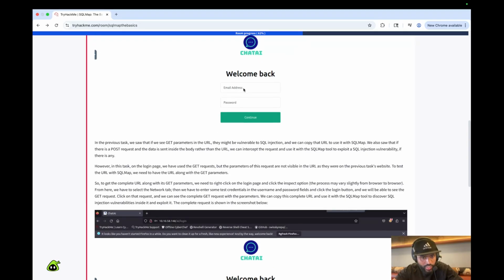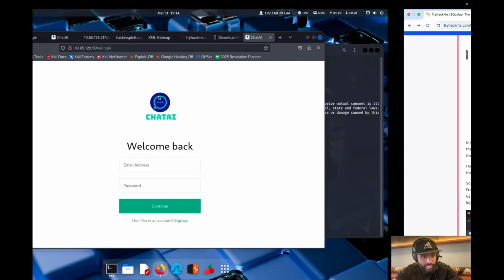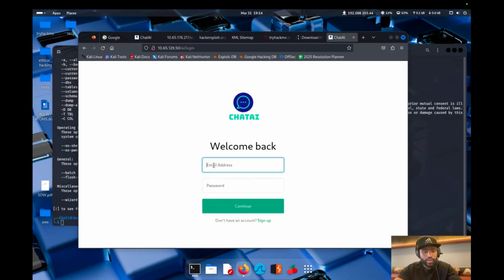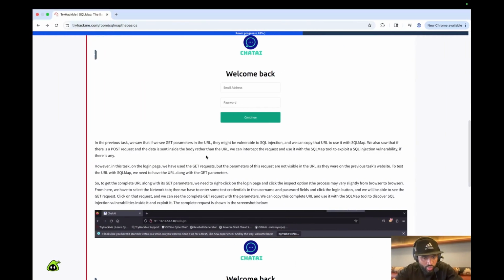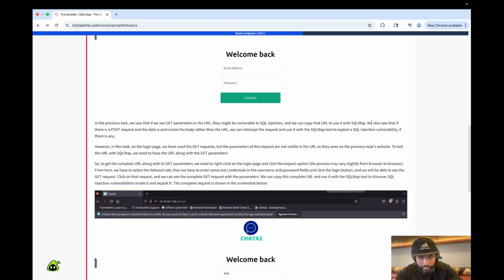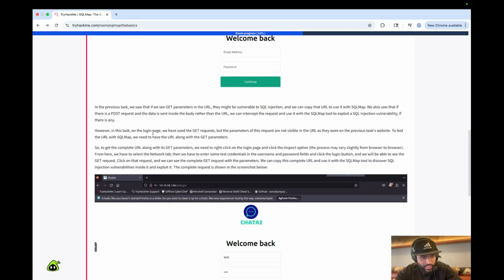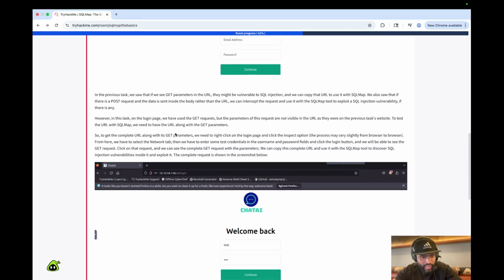It is a GET request, but it's not going to be visible as earlier. Let me just go ahead and read through it. We also note that if there's a POST request and the data is sent inside the body rather than the URL, we can intercept the request and use it with the SQLMap tool to exploit a SQL injection vulnerability if there is any. However, in this task, on the login page we have used GET requests, but